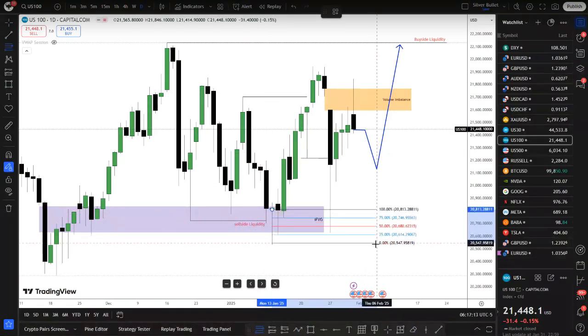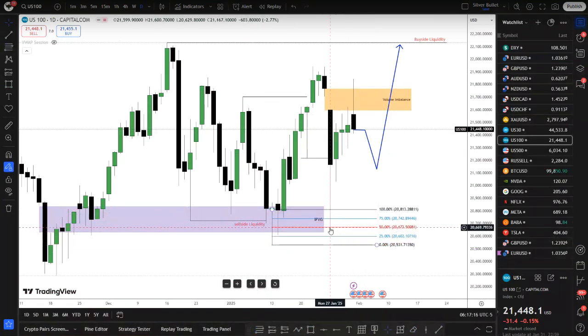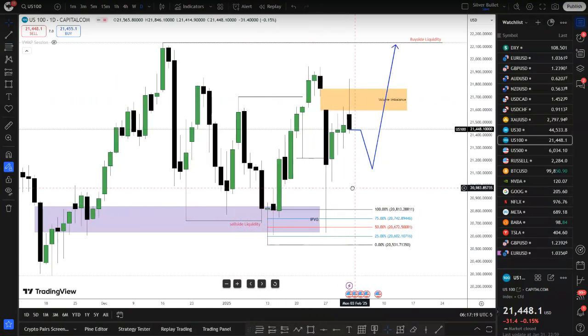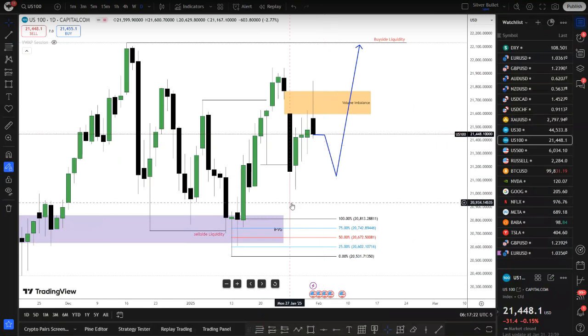We came back down at least down to the consequent encroachment of this week here. Then we took off to the upside into this volume imbalance. So for this week, I'll say price opens, pushing lower to this week here before it can push to the upside. So all in all, we are bullish. I'm expecting higher prices from here on.